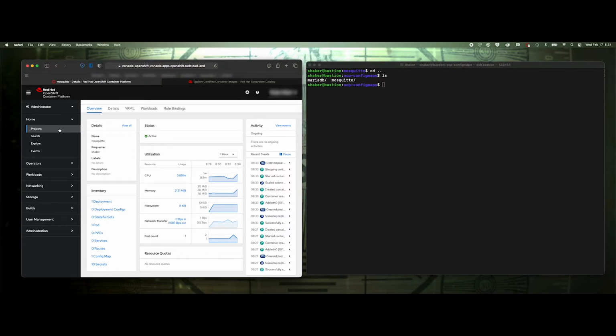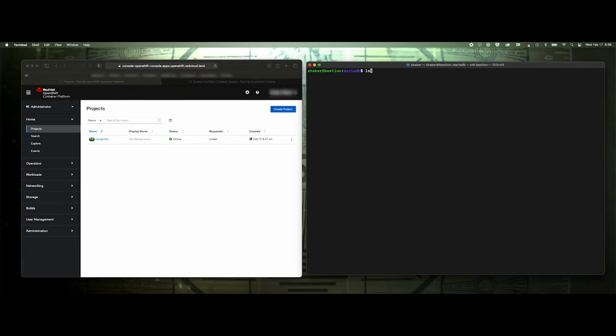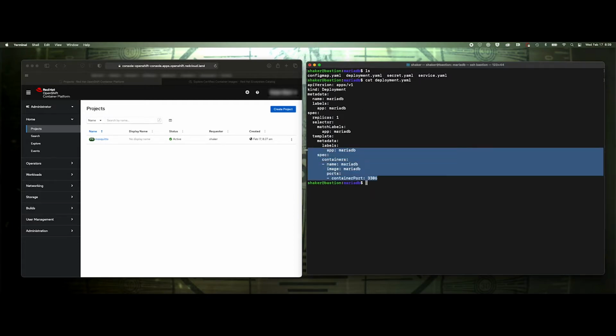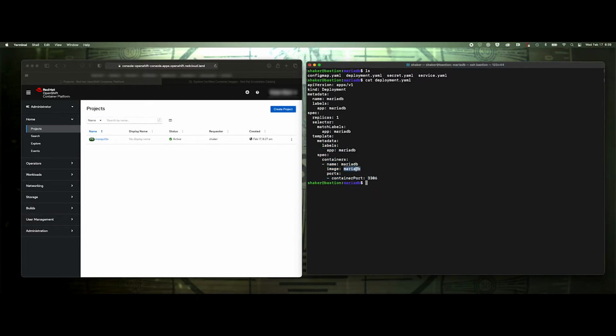Okay, so let's now try the MariaDB database. And if we look at the files in the directory, we'll see a config map, the deployment, secret, and the service. And if we start with the deployment, so we'll cat deployment. And this is just running a regular MariaDB database. If the image name is MariaDB like this, then generally that means that it's going to pull the image first